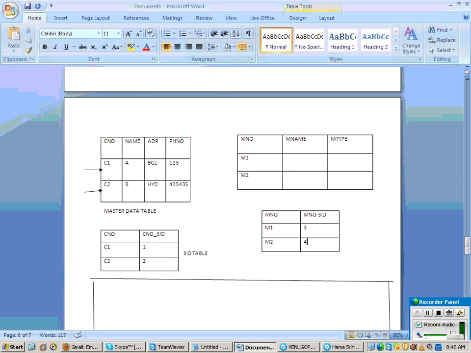Clear now? So first, let us say you are creating a character info object. What is happening when you create it is that it generates the master table and SID table. And when I am loading master data, what happens? Your master table and SID table are filled. So after creating character info objects and loading master data, I start creating one info cube. So what character am I taking inside the cube now?